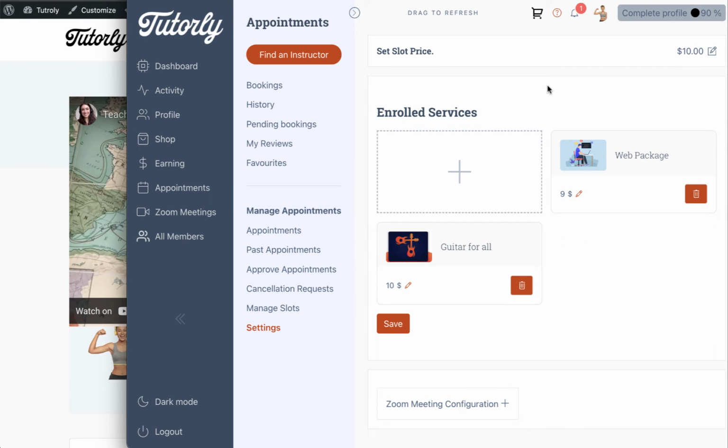Right. So by default, any slot which is not connected to a service will be priced at $10, and if a slot is priced with web package, then it will be priced at $9. If a slot is connected with guitar for all service, then it will be priced at $10. So let's see how this works. So first we are going to save this